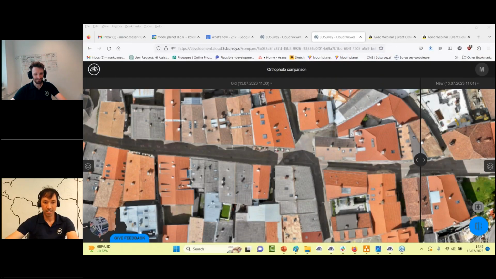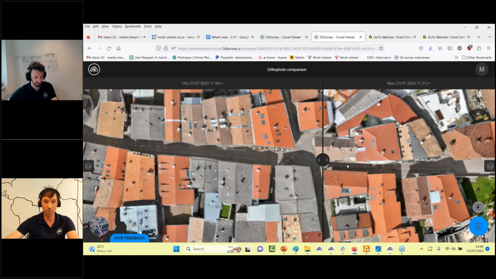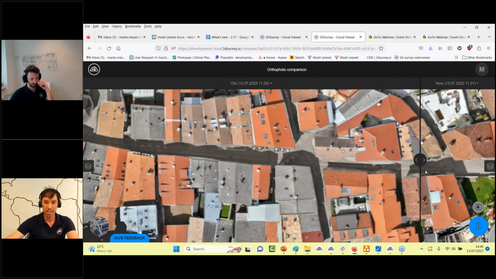Yes, so what I would like to share is an additional presentation of the ghost effect, and maybe in a bit of a different way. Hopefully you can see the screen already now. You should see our 3Dsurvey cloud beta version. It's a cloud platform for sharing data and project management. And here you can see our split screen, so it's a time comparison, and I just use it